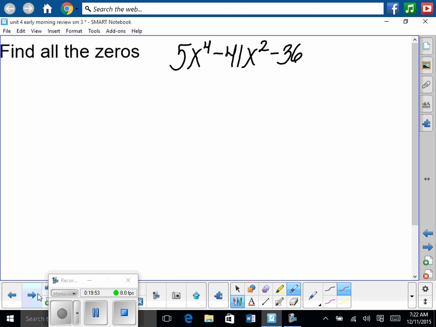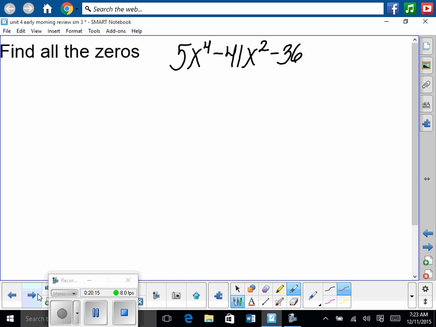So that's pretty obvious what to do, right? I'm basically telling you what to do on the test. So we find any whole number roots. This is where you get your calculator. Graph it. Finding all the zeros: 5x to the 4th. Because we don't have 4 terms here, we can't factor by grouping. So 5x to the 4th minus 41